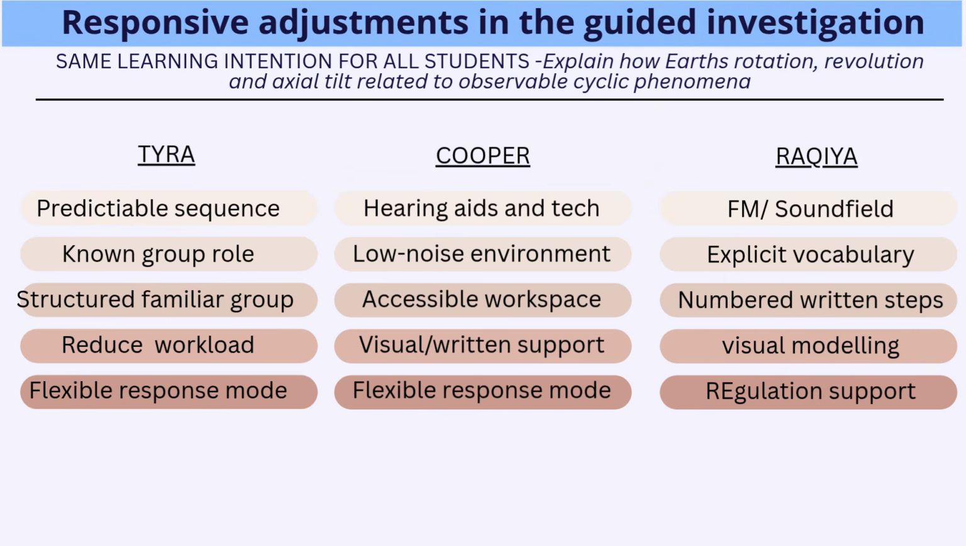The guided investigation provides a clear example of how the same learning intention can require different pathways. Let's imagine that Tyra learns that each group is expected to give a presentation of learning to the class. If that public performance creates a substantial anxiety barrier, I'll maintain the requirement to explain the science, but allow her to demonstrate that understanding through different means, such as a labeled diagram, a recorded explanation, or a short verbal explanation